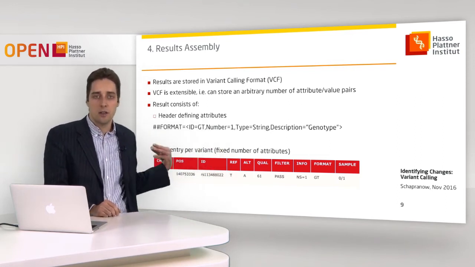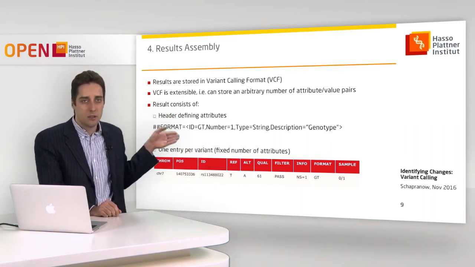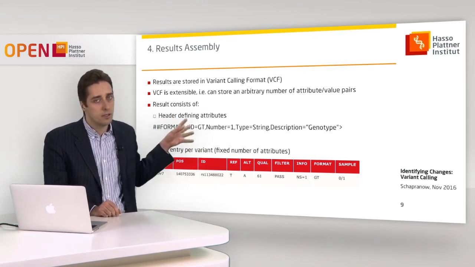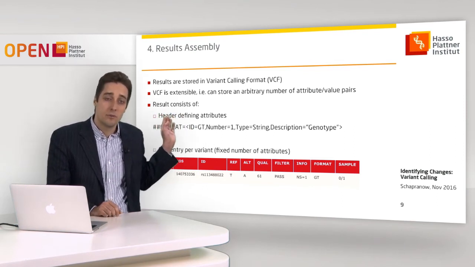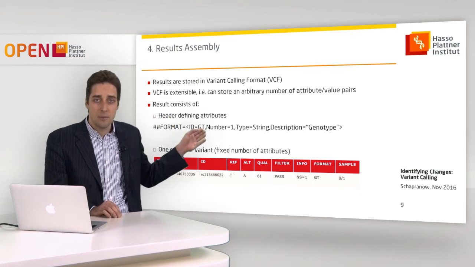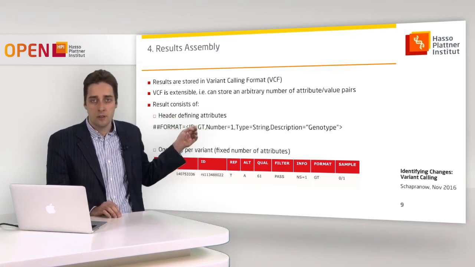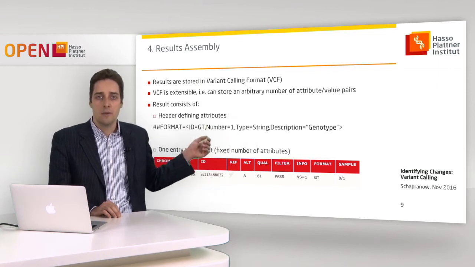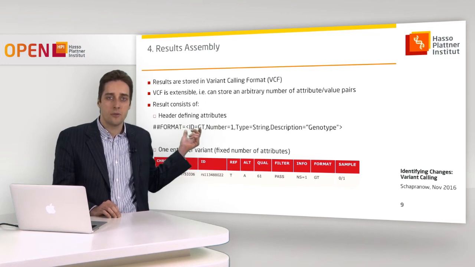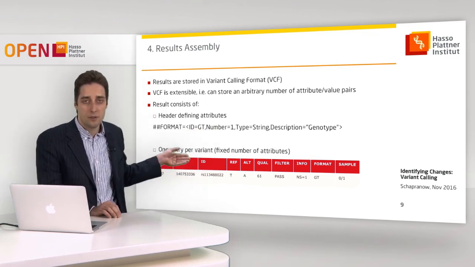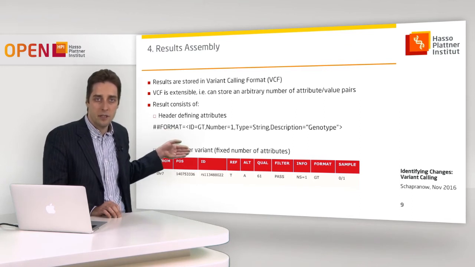Let's talk a little bit about one of the lines. How does it look like? You have a header which gives you some description about the whole content and also a mapping of the formats. Here, for instance, we have one example. You see there's an ID called GT. And the description for that is genotype, and we will expect something like a string here, and it's located at the first position. Down in the output, and this is typically the same format throughout the whole VCF file,